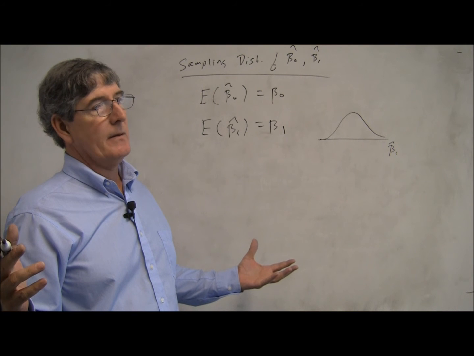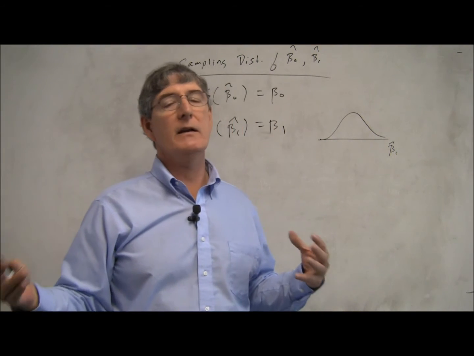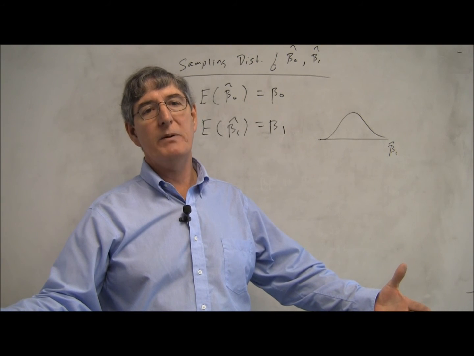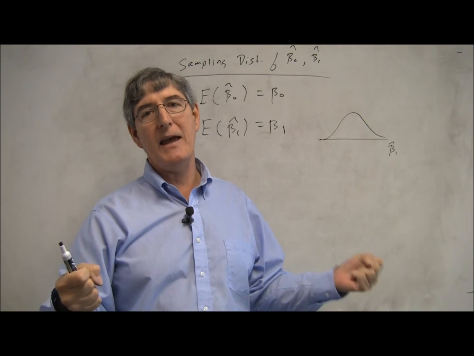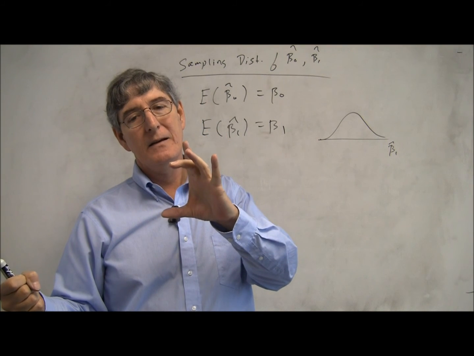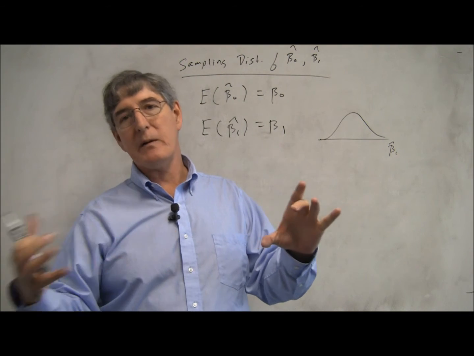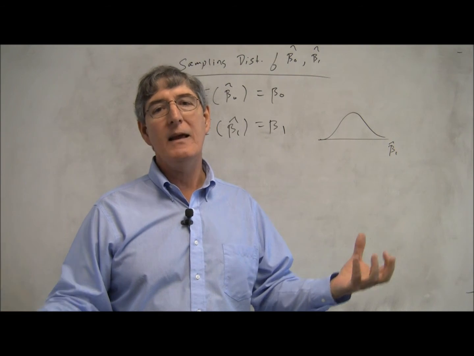So we're trying to figure out the relationship between earnings and age in the US. We draw a sample of 100 people, and we estimate the regression line. We regress earnings on age, and we get a beta 1 hat. Then we draw a sample of a different 100 people and run the regression again. We're going to get a different beta 1 hat, just like we'd get a different mean every time we roll